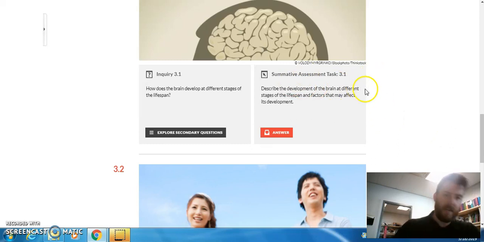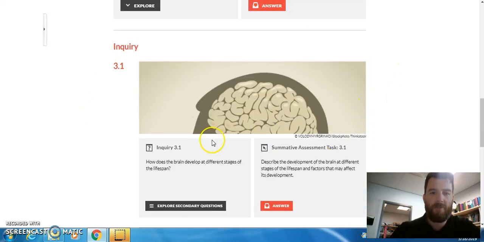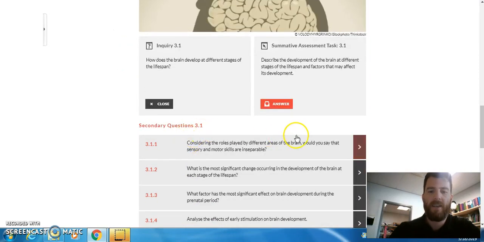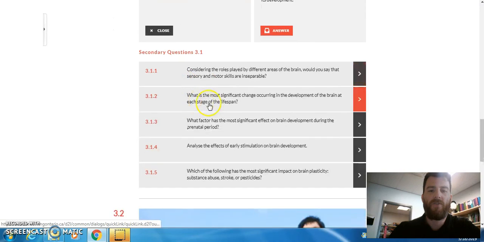So, it looks a lot like module 2. Let's take a look at 3.1 just for now. We're going to look at the Explore Secondary Questions section. So we click on this, and these are the secondary questions. There's 5 of them: 3.11, 3.12, 3.13, and so forth. So if we click on, let's say, 3.12,